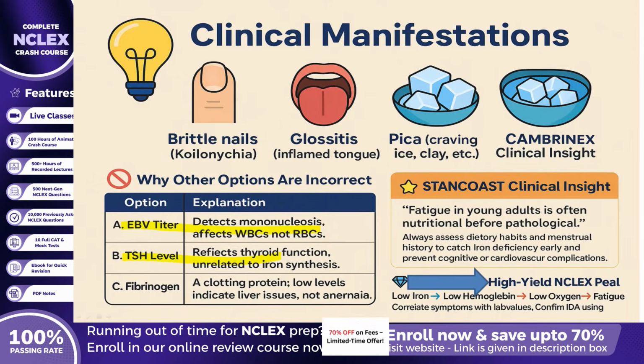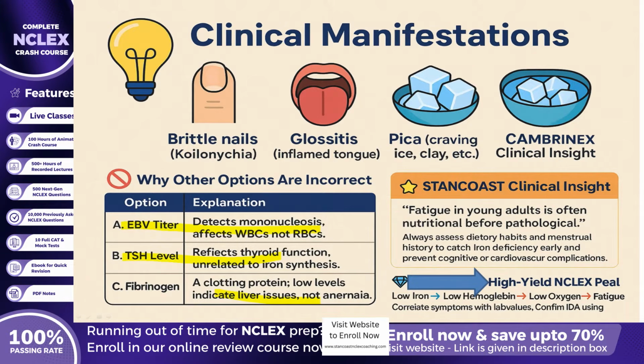While thyroid disorders can contribute to fatigue, they do not directly influence iron or hemoglobin synthesis. Finally, Option C, the fibrinogen level, measures a clotting protein produced by the liver. Abnormal fibrinogen levels are associated with liver disease or disseminated intravascular coagulation (DIC) but have no connection to anemia or